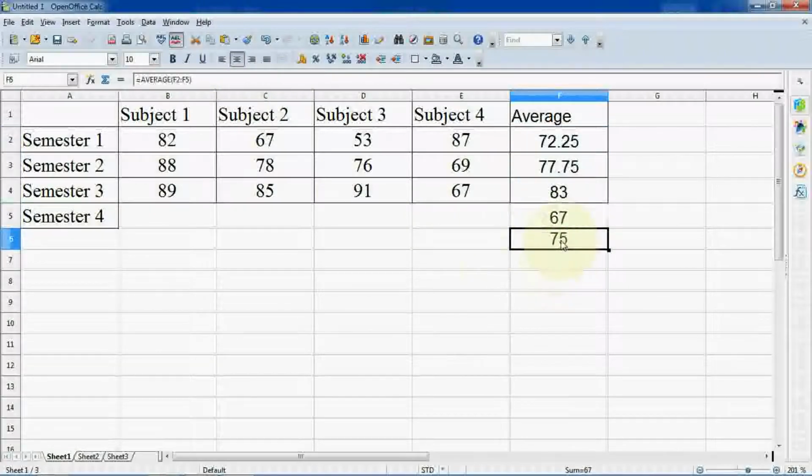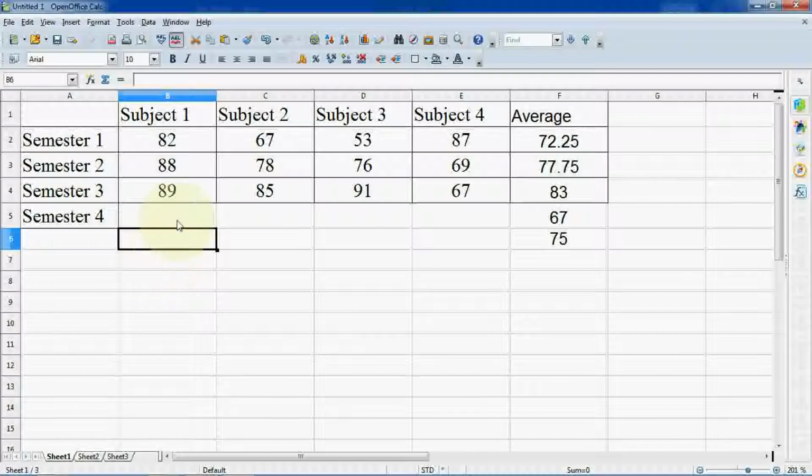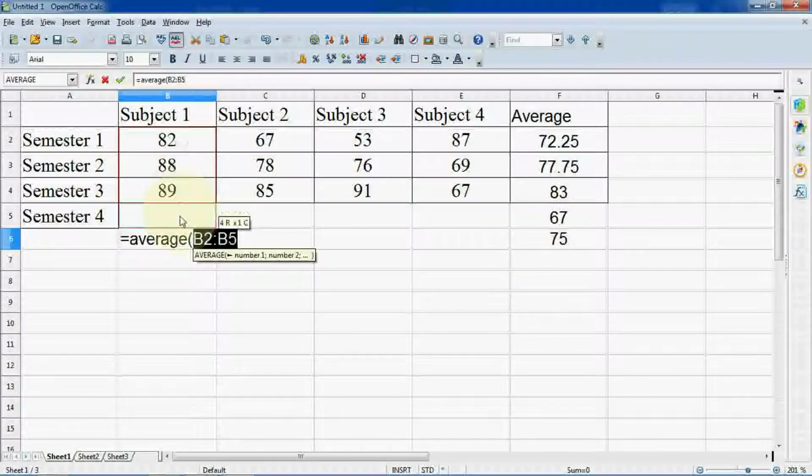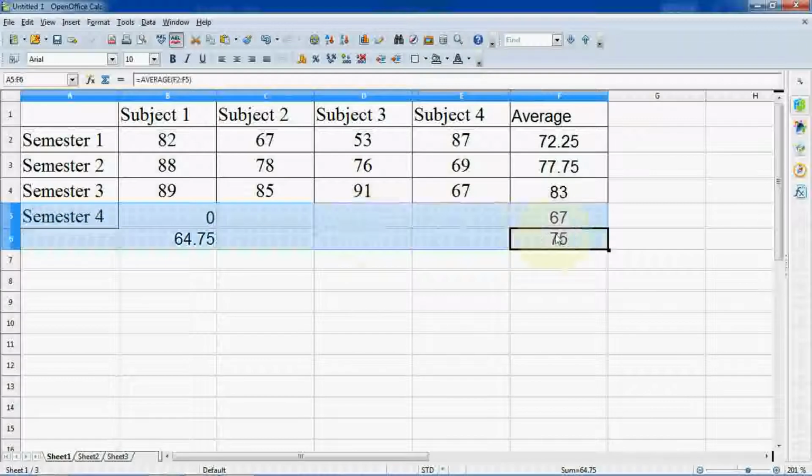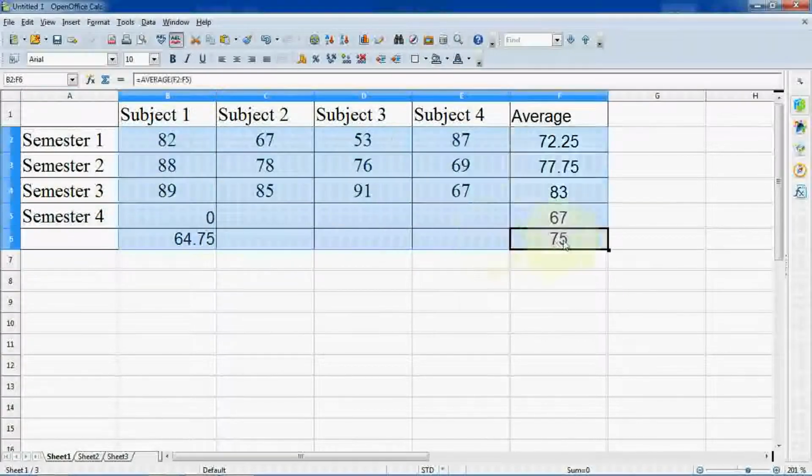Now let me calculate for each and every cell. That also you can do in the same manner. First calculate equal to average, then all cell values, press enter, enter 0 here. Let me apply border first. Okay, center alignment also.